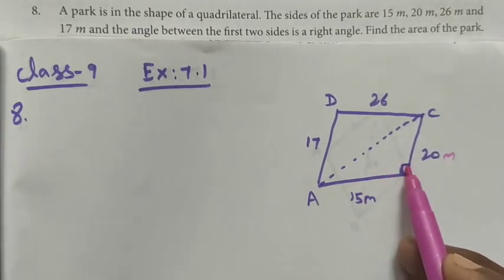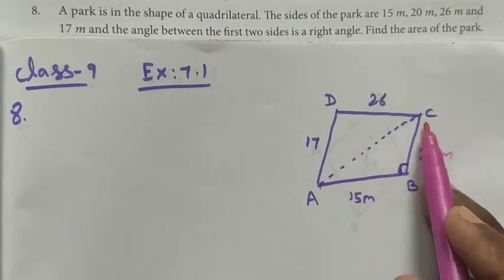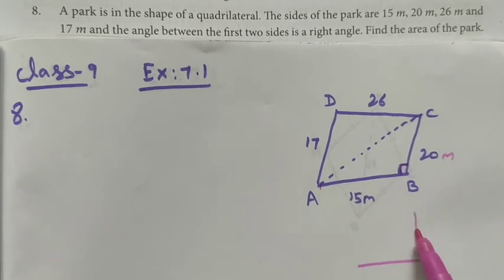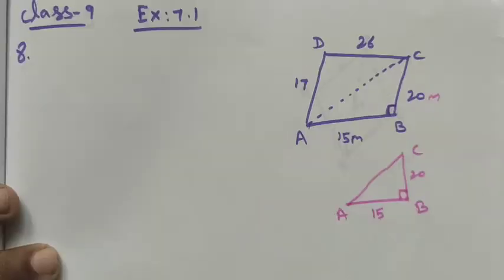See, this is a right angle triangle. In the quadrilateral, this portion ABC is a right angle triangle. Imagine this is the right angle triangle. This is 90 degree. This is ABC. In a right angle triangle, this acts as a base and this acts as a height. Or if you turn it, one of the sides acts as a height and another side acts as a base in a right angle triangle.